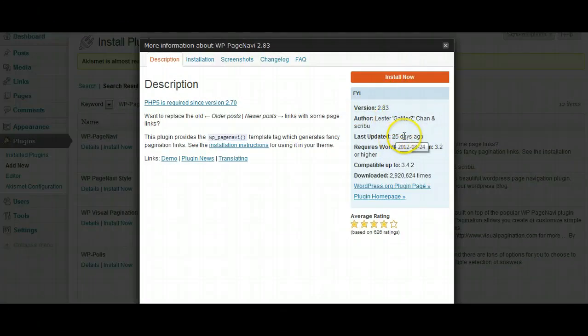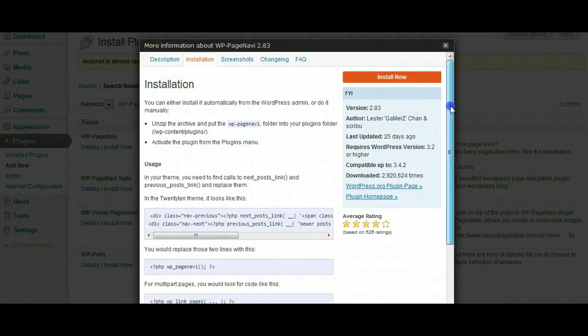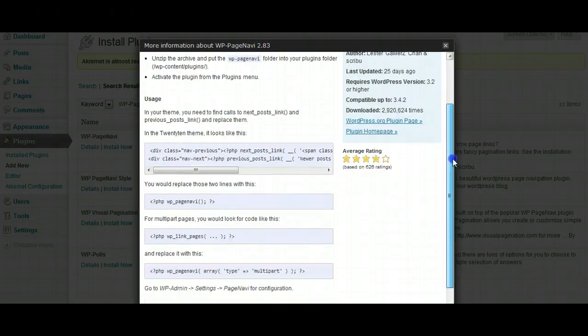You can see in the case of this screencast, 25 days ago, this plugin was updated, and it requires at least WordPress 3.2 or higher, and it's compatible to the most current version, and it gives you a lot of different information and a description, how to install, whether you have to add to your theme,